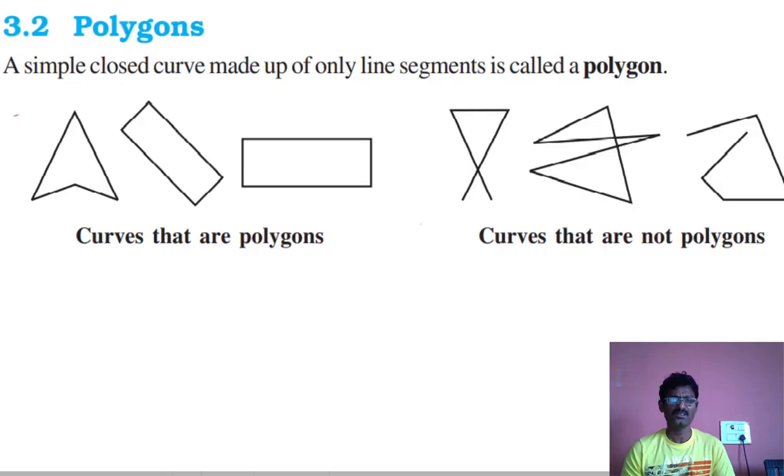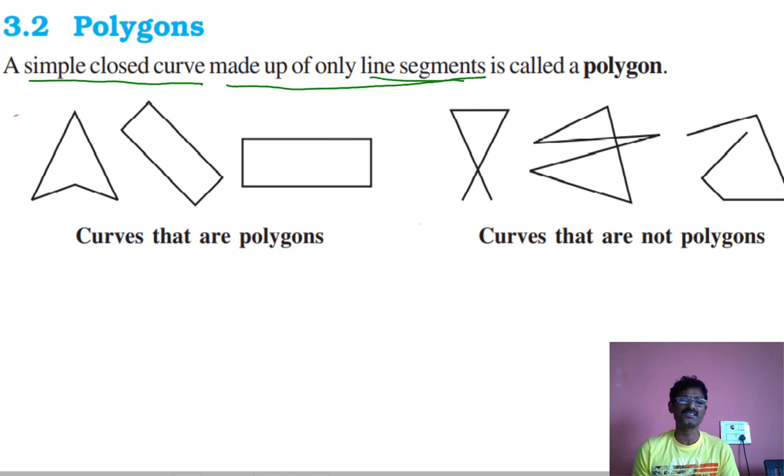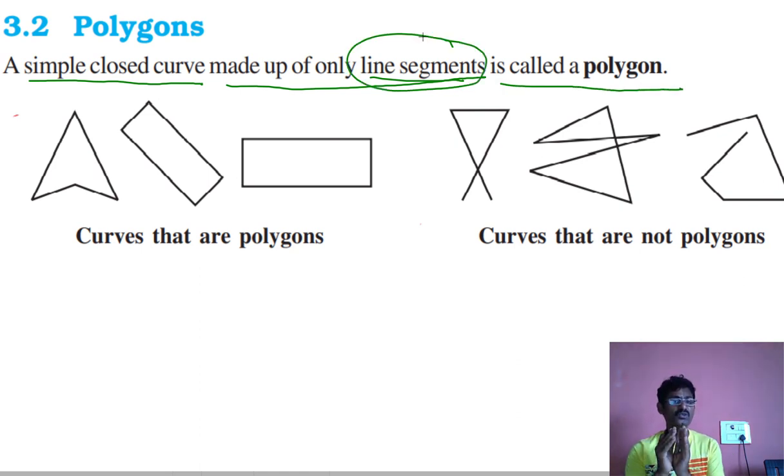Now let us see polygons. What is a polygon? A simple closed curve made up of only line segments is called polygon. Only line segments should be used to draw the simple closed diagram. That is what we say polygon. Here in the first 3 examples, you see this one and this one and this one. These are simple as well as closed, and all these 3 are made up of line segments only, you can